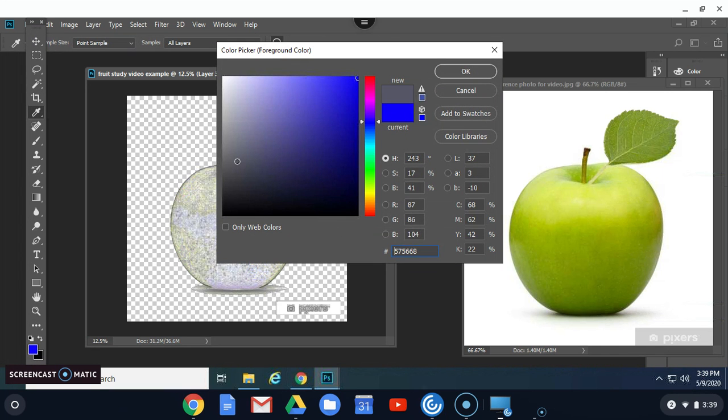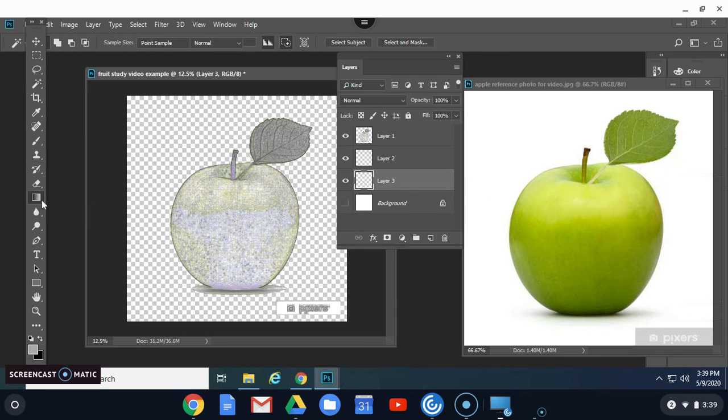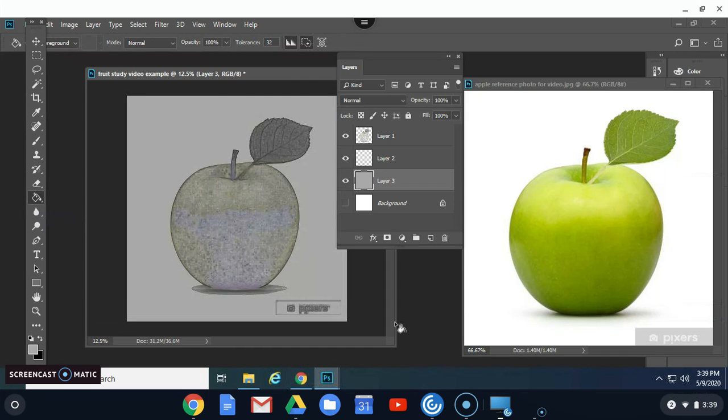You're going to choose a nice neutral background for now. Kind of a mid-gray, works nicely. Use your paint bucket, fill it in. Okay. Lock that layer, lock your find edges layer. The only layer that's unlocked right now is layer 2. Layer 2 is where we paint. Okay, so